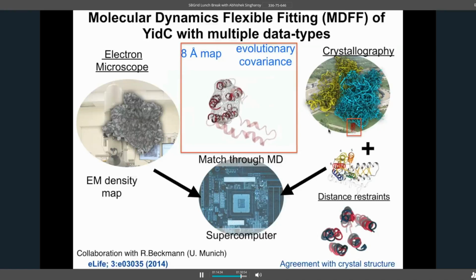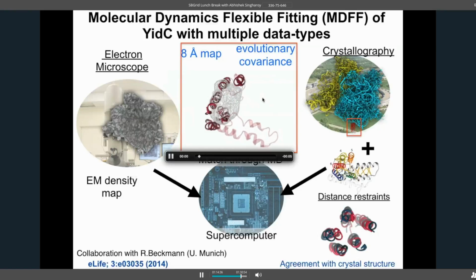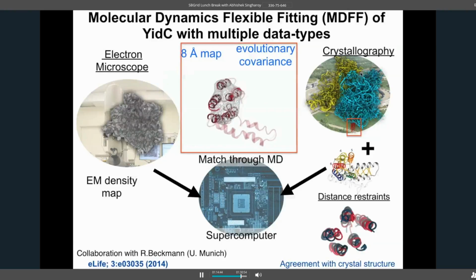So in order to refine this model, we have three different pieces of data. We had data on the ribosome from cryo-EM, that was fine. We had some parts of the protein that were known from crystallography within the ribosome, cool. And we had some parts of the protein that were not known. So we had to come up with this evolutionary covariance analysis, which gave us an idea of